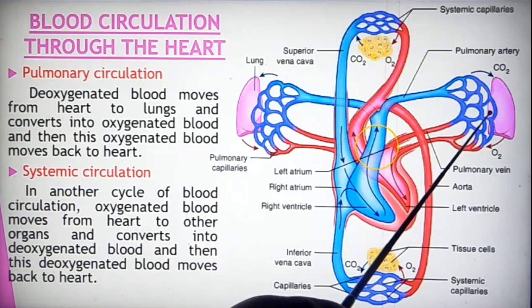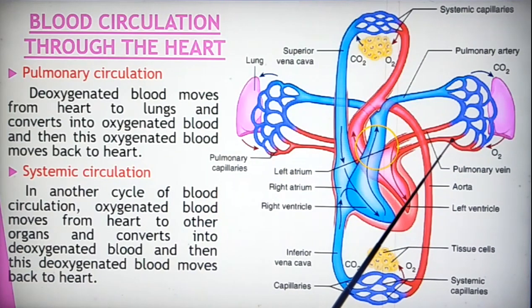Inside the lungs, exchange of gases takes place, so pure blood is carried to the left atrium. When it becomes full, it is carried to the left ventricle. And what will happen? Through the aorta, see, we can see the aorta, the blood is carried to the different parts, split into what? Arteries, and reaches the cells, and again the process repeats.